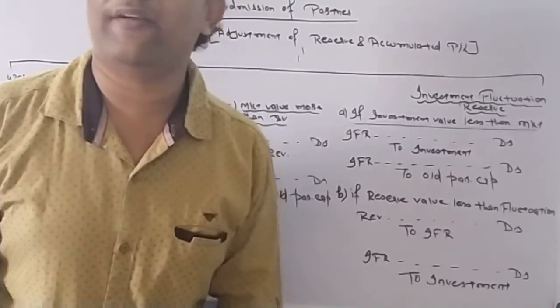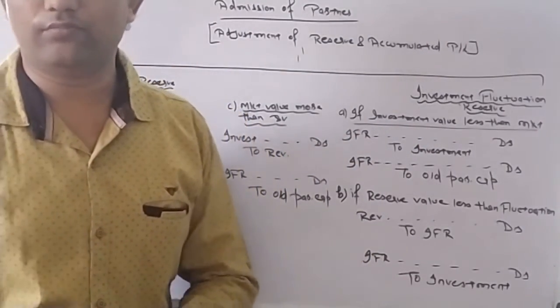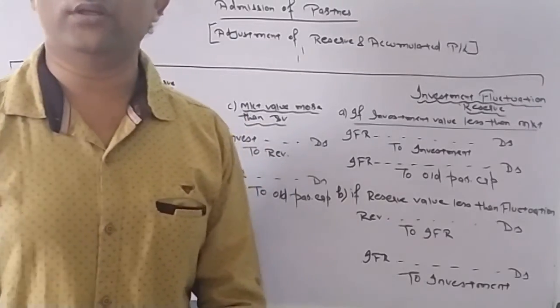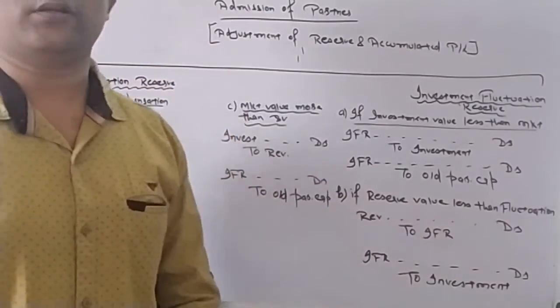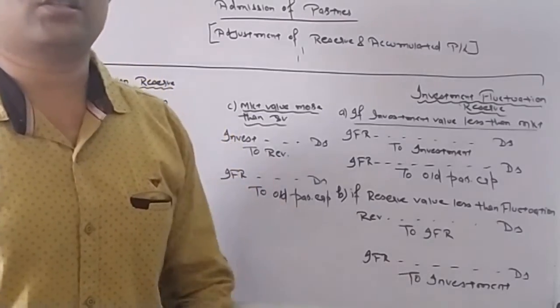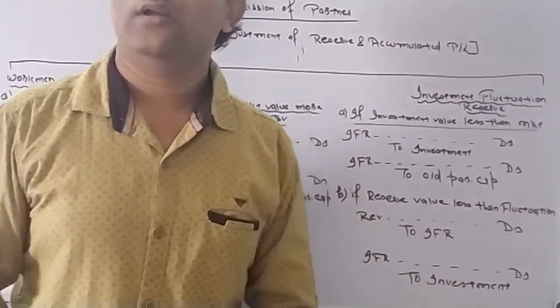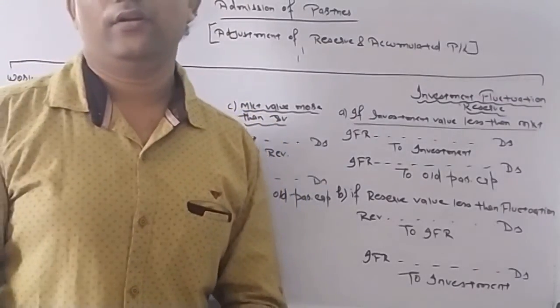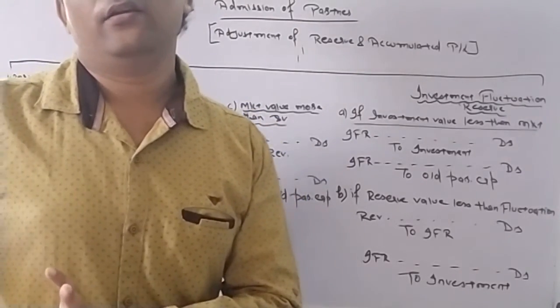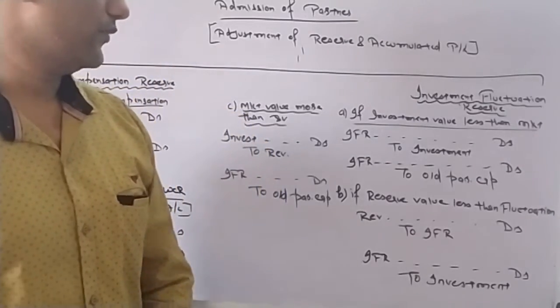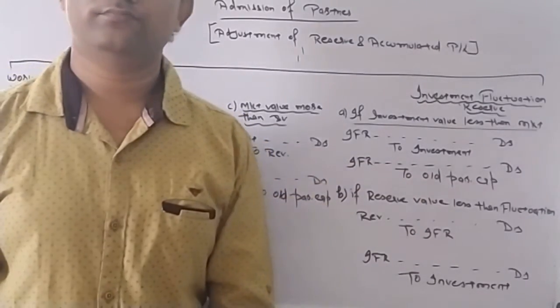Now how much reserve I have in my hand? 2,000 more. I have a 5,000 reserve. 3,000 adjusted. 2,000, that will be distributed among all partners. So first, reduction in the value of investment will be dealt with investment fluctuation. Remaining reserve will be paid or distributed among all partners. Investment fluctuation reserve to all partners.